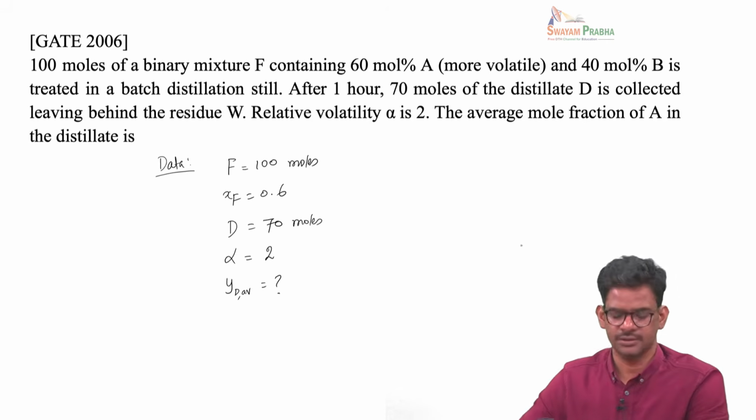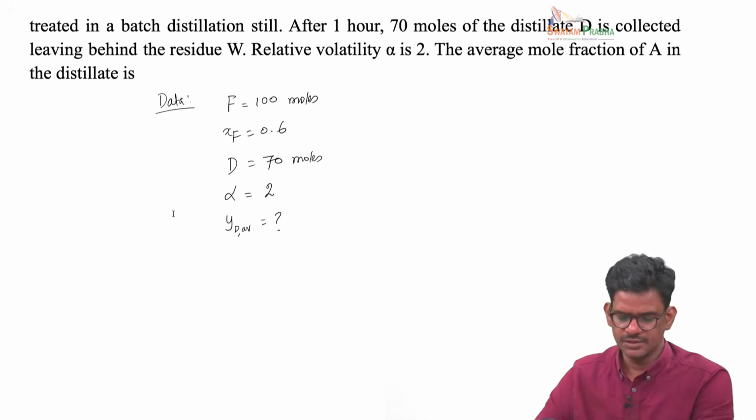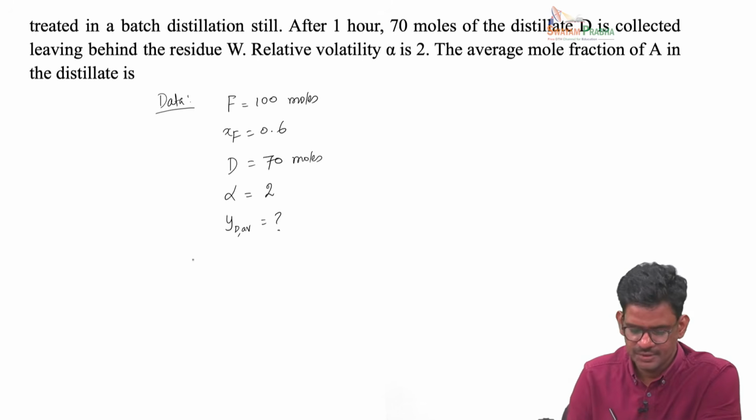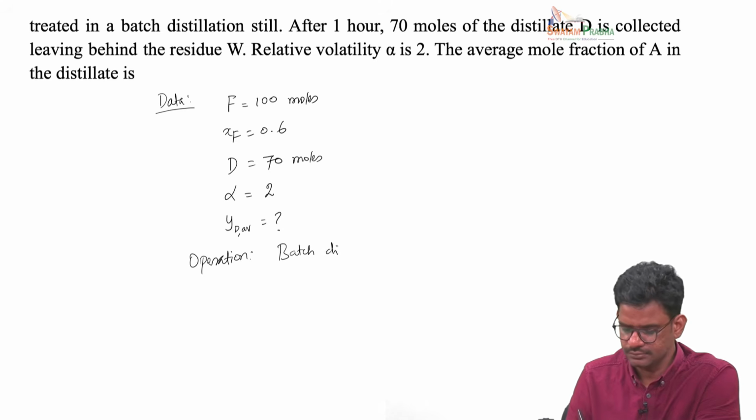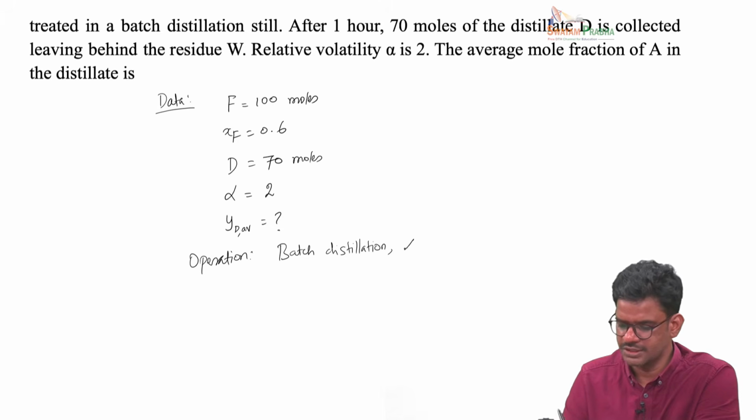This is an unknown quantity. Since the operation is batch distillation with constant alpha, we can use Rayleigh's equation,